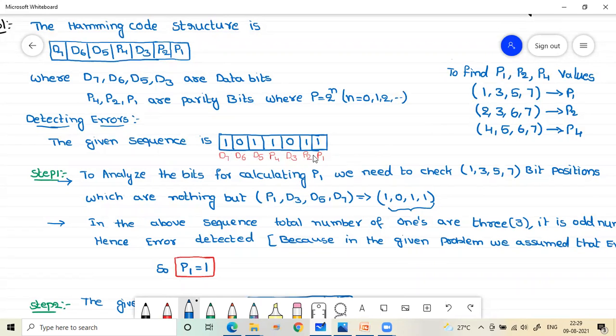For these position values, the respective bits are 1, 0, 1, 1. So P1 value is 1, D3 value is 0, D5 value is 1, and D7 value is 1.